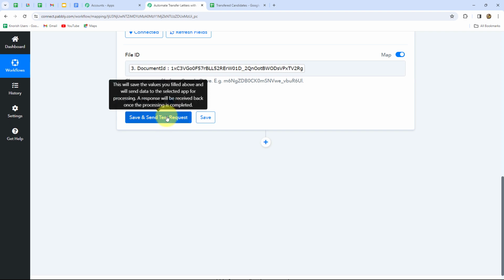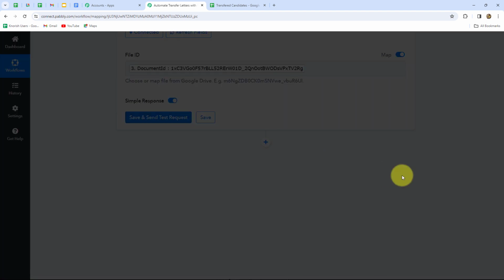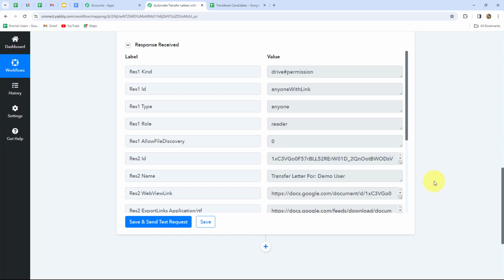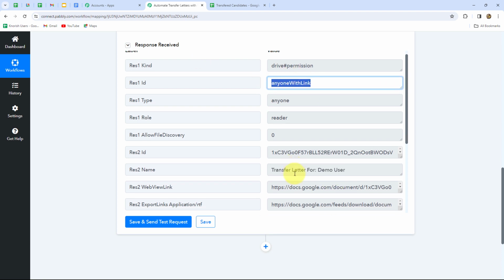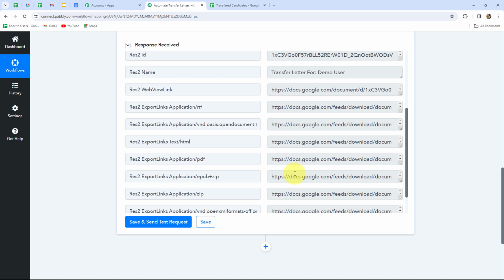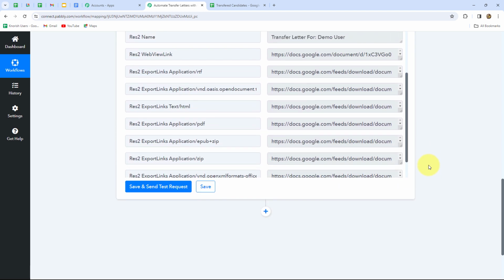So as we have mapped the file ID, let's click on save and send test request button. And we can find that yes, we have received the response, and the response that is given is that now anyone with link can open this particular file. Now in the response, we have received multiple links of the file. Among these links, we are going to use this PDF link. Okay, so this is the PDF link of the internal transfer letter. Now we are going to send this link as an email